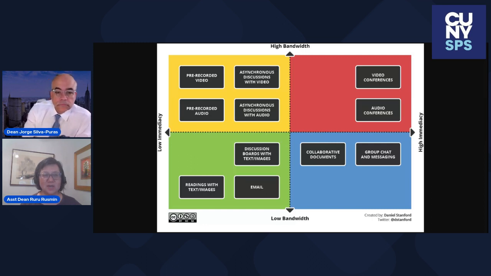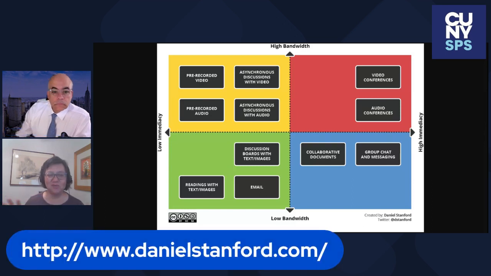Yes. So this matrix actually came about when we had the pandemic, when it first started. I thought it was a very useful way of thinking about how you want to engage with students and want to have students engage with each other. And again, there's nothing that says that one of these four quadrants in this matrix is better than the other, right? But you want to consider what your needs are and which tools you want to use. And I think the point is also you don't want to necessarily get stuck in one quadrant, right?